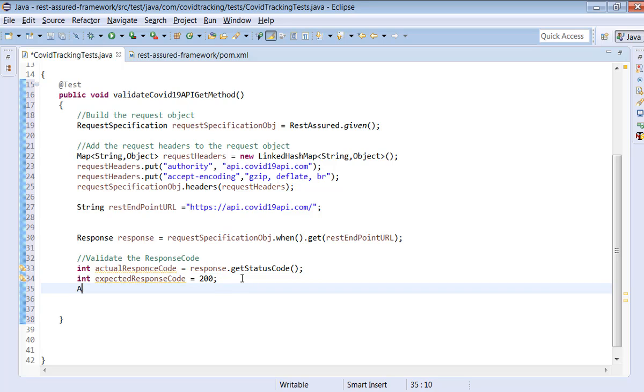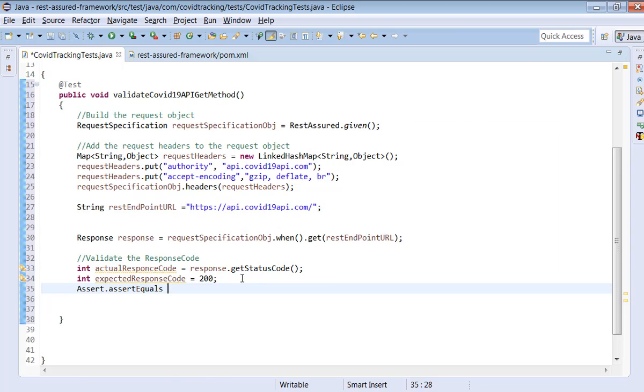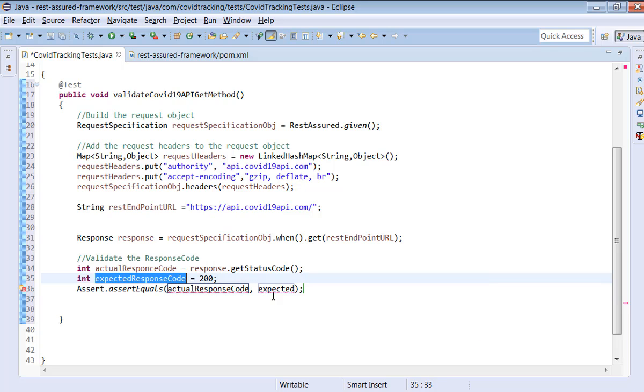Now, set equals actual response code versus expected response code. So this is one of the test cases which we completed to validate the response code.